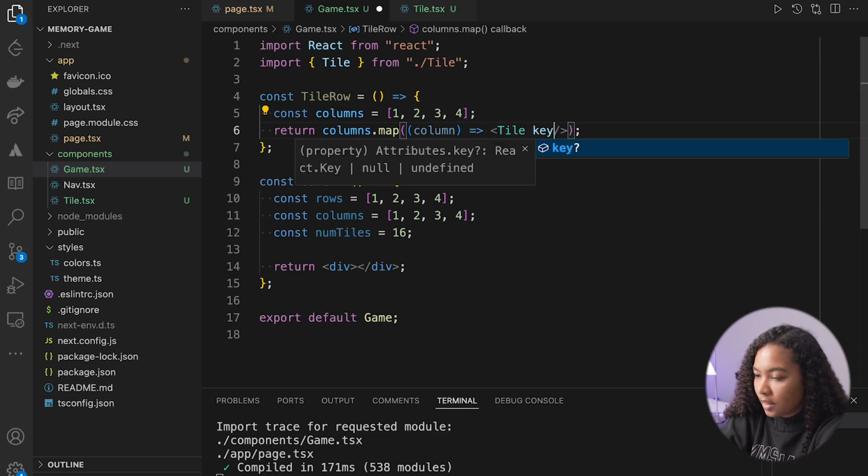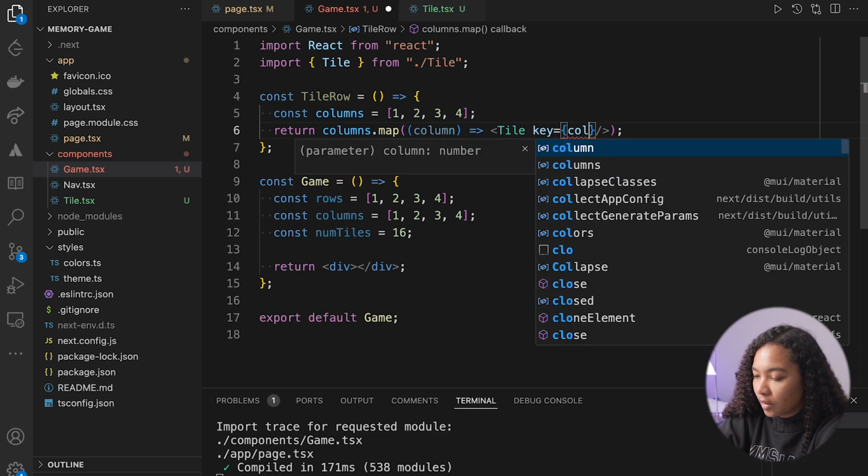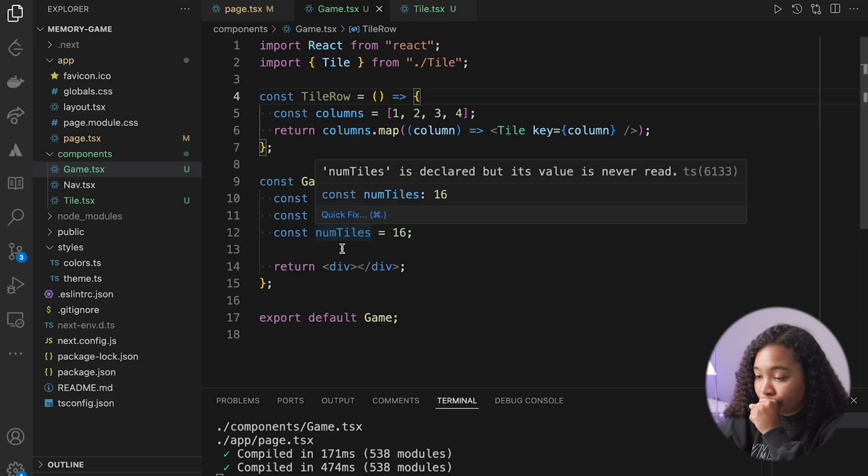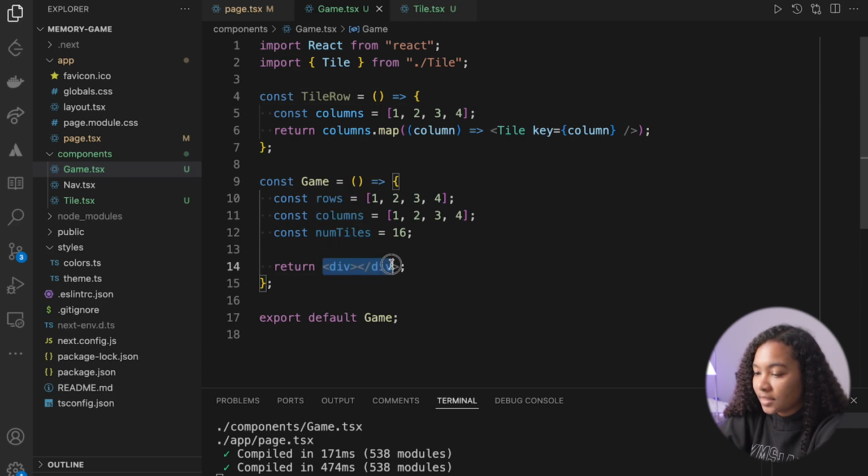And the key will be the column. Cool. So then what I can do is take the tile row and say,